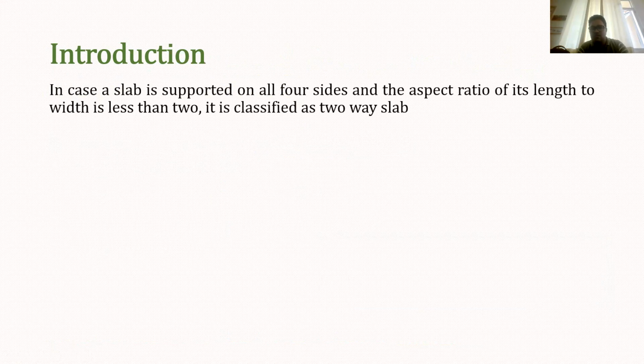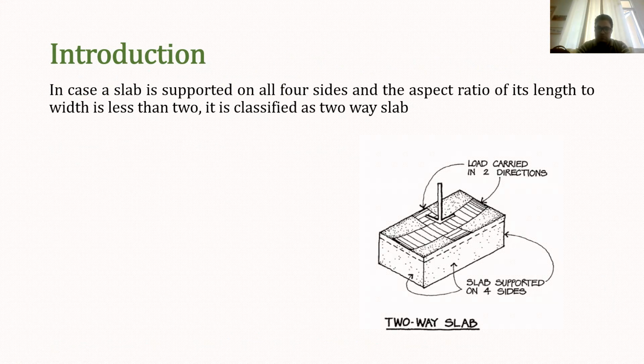So basically, I have discussed the difference between one-way and two-way slab in the previous lecture. So two-way slab is a slab in which bending action is occurring along both the span. In one-way slab, bending action we generally consider only along the shorter span. So in case of two-way slab, the bending will occur along this span and even along this span. And therefore, you can see the deflected shape of the slab under the effect of load is like a dish plate.